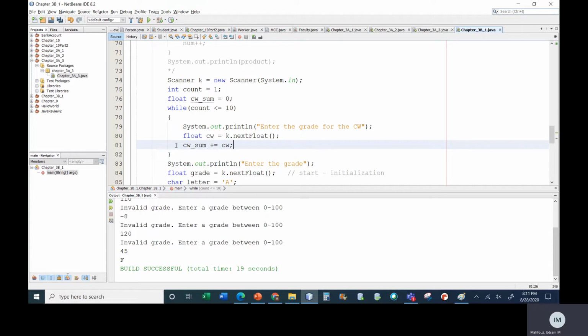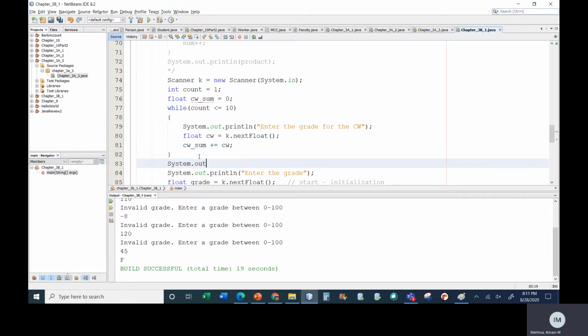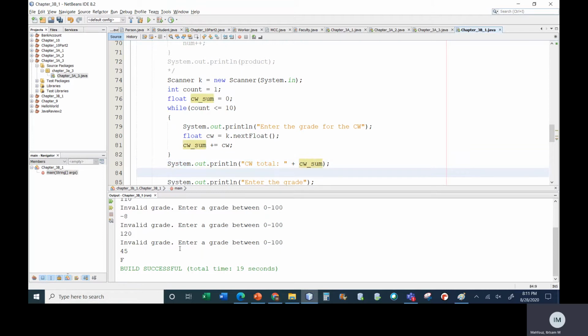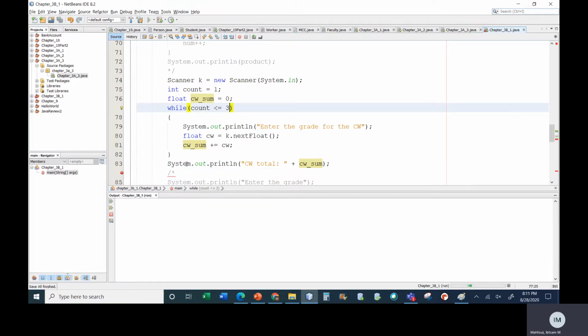Okay, so this is a while loop that will run 10 times, asking the student for their 10 classwork grade assignments, and then maybe at the end it will print out classwork total, and it will print out the total. Now, to test it, we really don't want to run this 10 times, so I'm just going to say 3. Let's just test it with 3. And if I run it, and the user, oops, I think I have a,